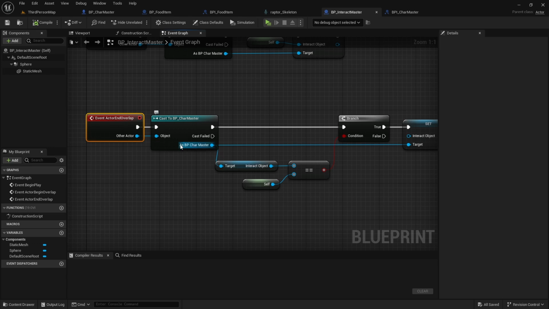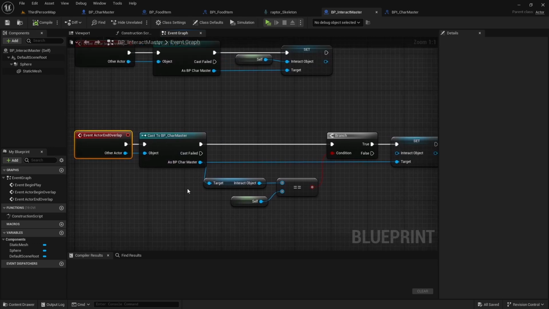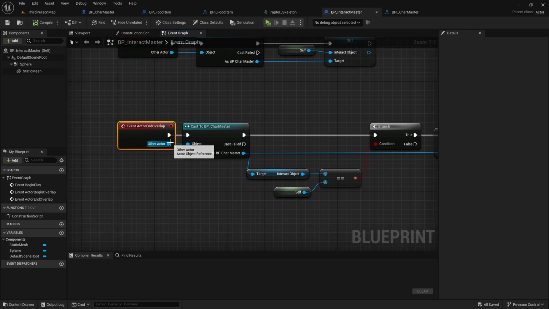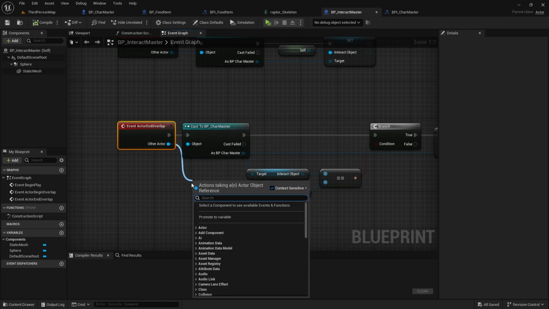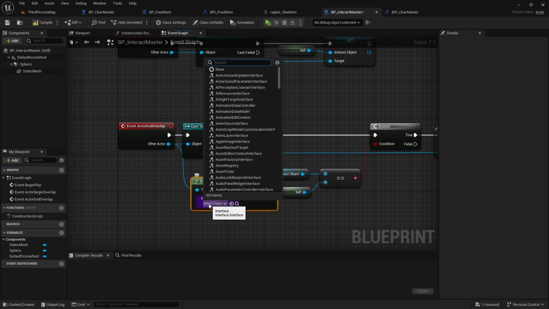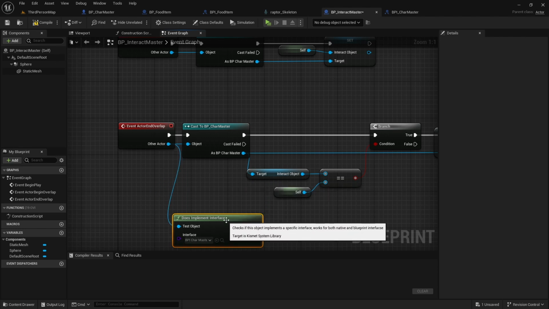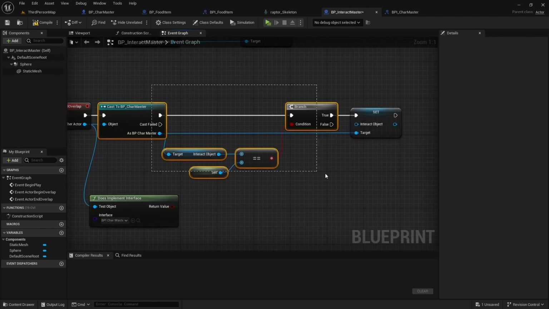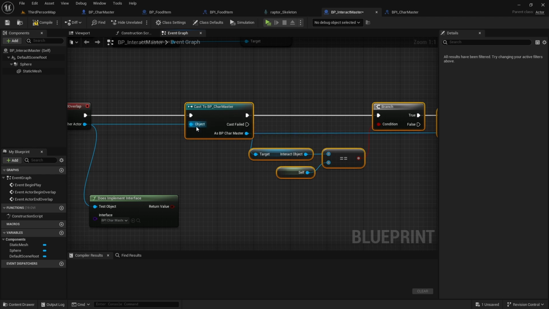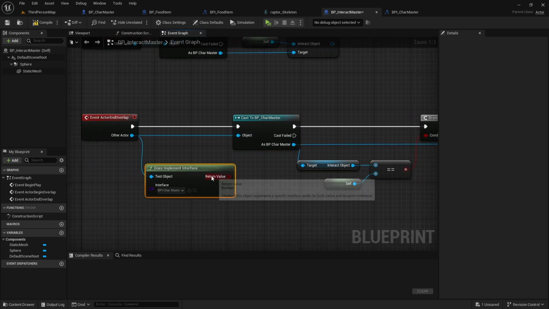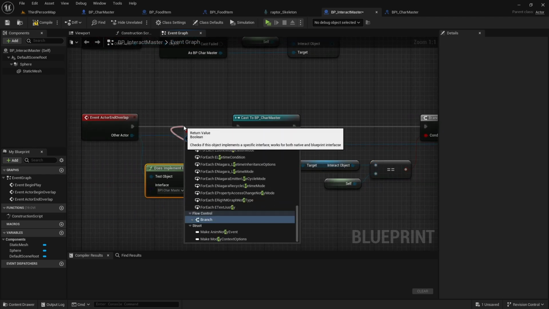Well, instead of casting to it, now we don't have a function we're calling, we're just checking if it's a character master type. But even if we don't have a function or anything like that, there's another thing we can use the interface for that is awesome to double check this without casting. And all we got to do is does implement interface. The interface is BPI character master. So there you go. That's all you need. So instead of actually casting, we're just going to do does it have this interface? Because if it does, well, obviously it's a character. So if